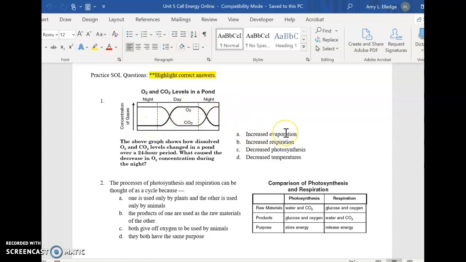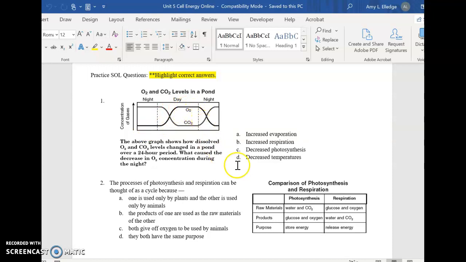Does it have to do with evaporation? No. Respiration. Well, if we have more respiration, then we're using oxygen, right? Is there a difference when we use oxygen during the day and the night? Well, I don't know. What about decreased photosynthesis? If you have less photosynthesis occurring at night, which makes sense because there's no sun at night, you're going to have less oxygen, which is what we see here. And then during the day, it pops up because the plants in the pond can do photosynthesis,